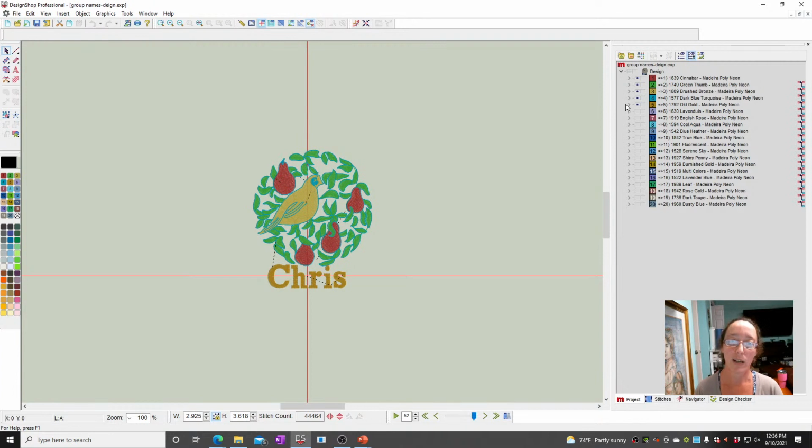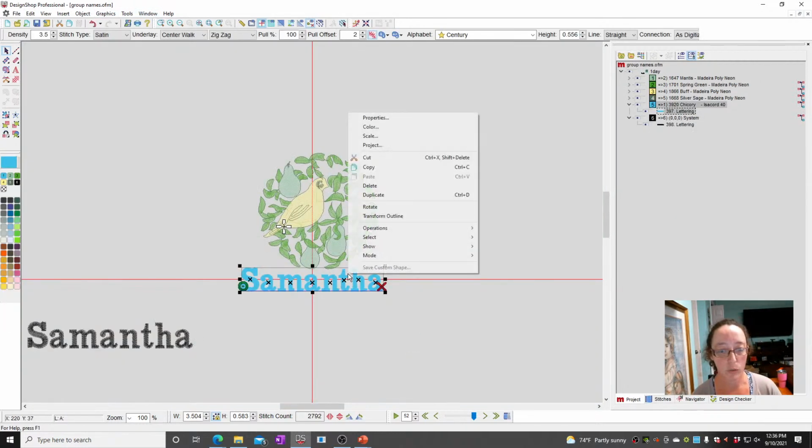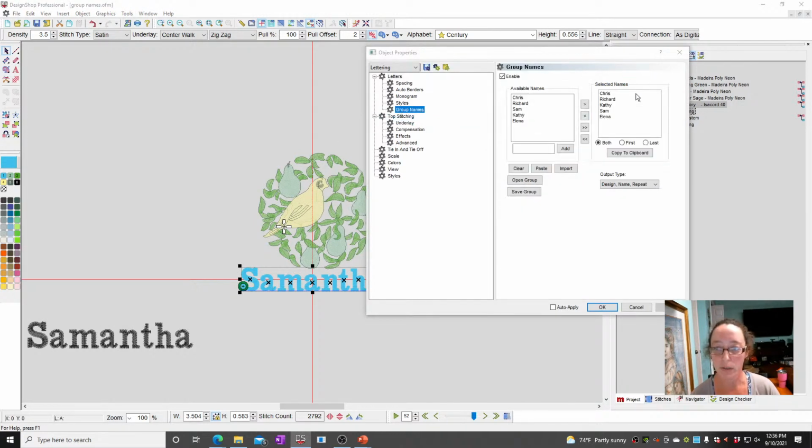It will repeat those 5 until it completes the whole thing. All right. So it's really as simple as setting up the file to include whatever names you want under group names, and then making sure all the properties are right. The size, your underlay, your top stitching, all of that is set up how you want, and you're good to go. So you would set up one for your first names, one for your last names,